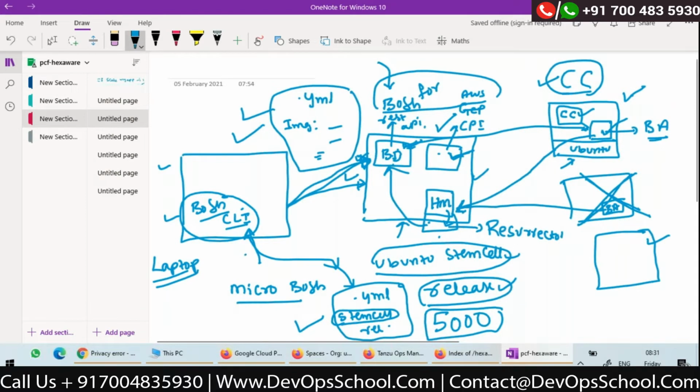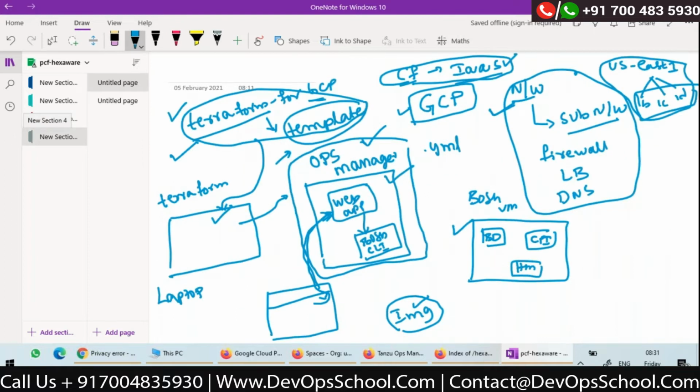Through CLI. I needed to manually create this YML, and through the CLI, manually install the BOSH VM. But now if I'm using Pivotal Cloud Foundry, using the Terraform template, once I applied it, I got this VM created. Then through the web application UI, I configure everything and apply changes, and the BOSH VM gets created.